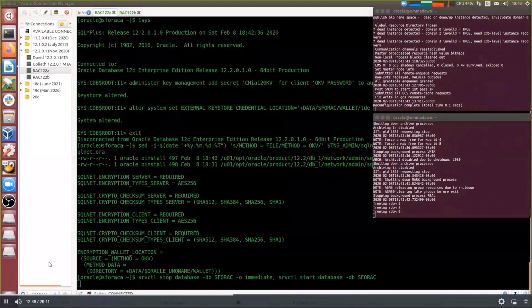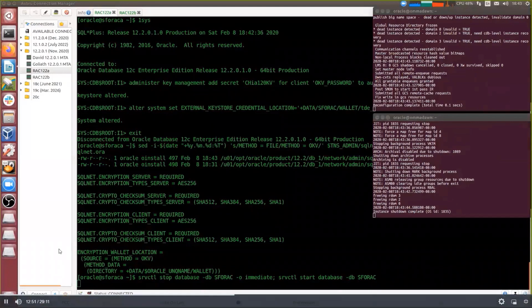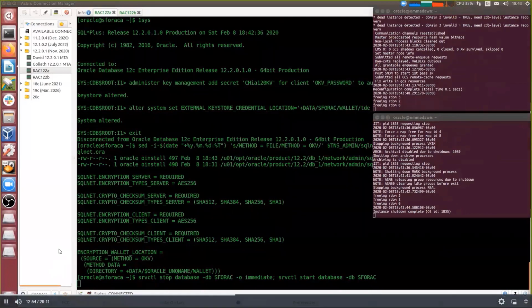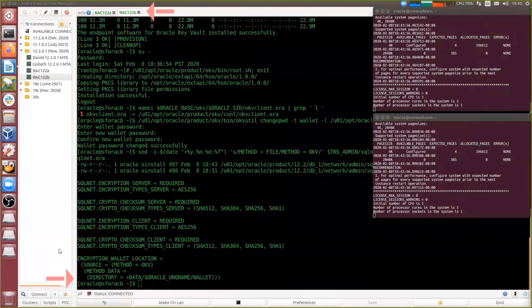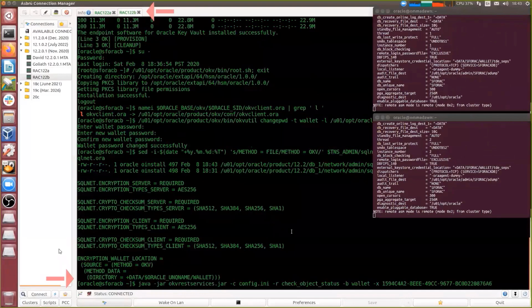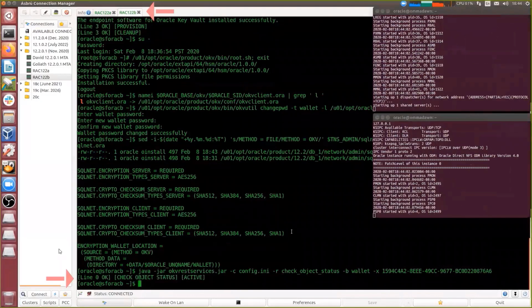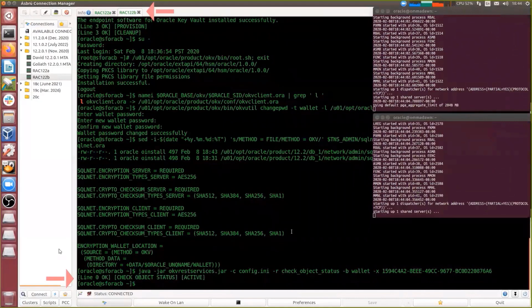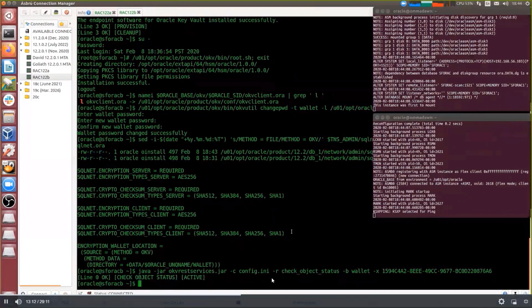So here we restart our database, and while that database is restarting, I go to the second instance. I use the RESTful API to confirm that my wallet is ready, that it's active, that I can actually migrate my database into